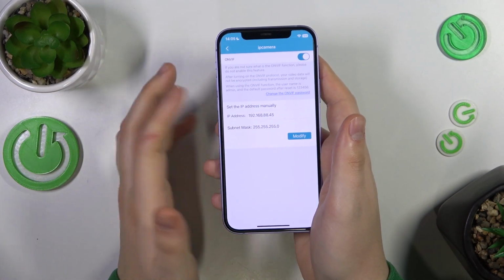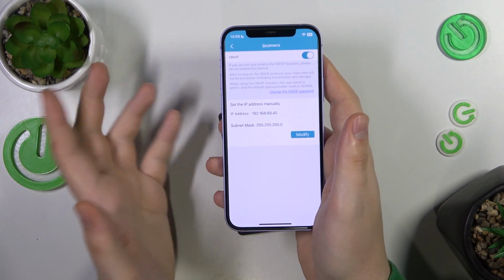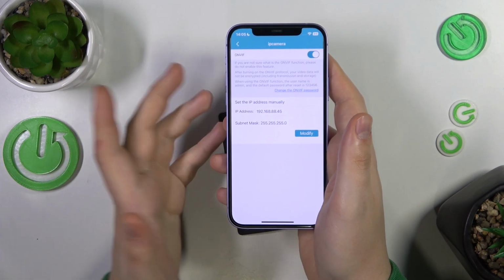And here you can also set up the manual IP address for its routing and what's not, but that's the topic for another video. So